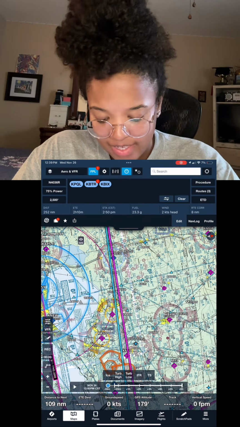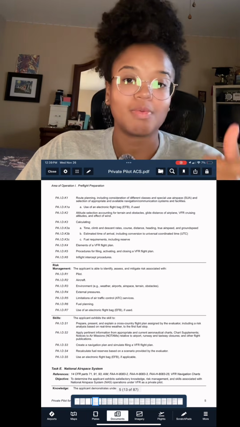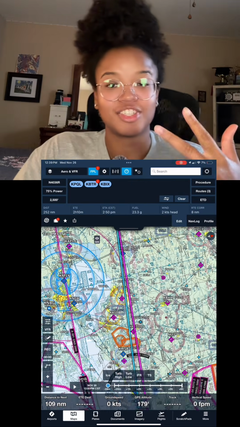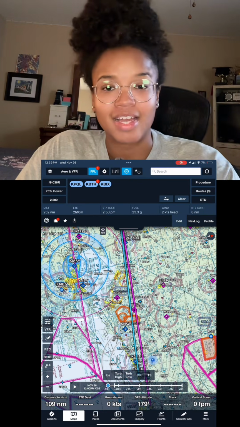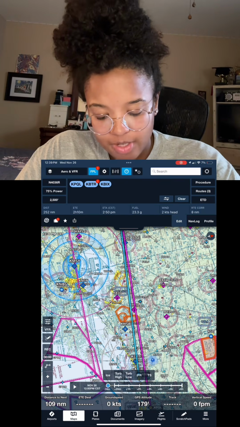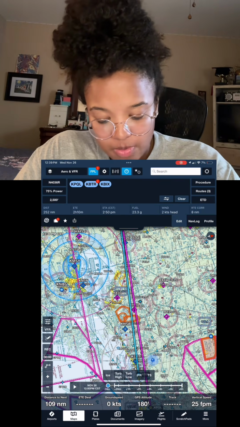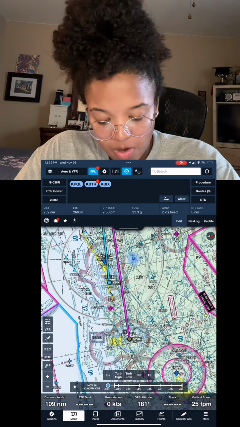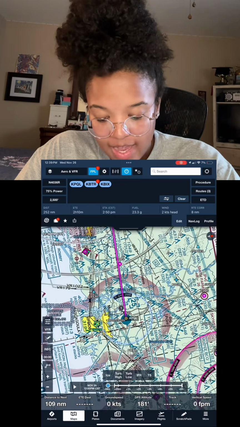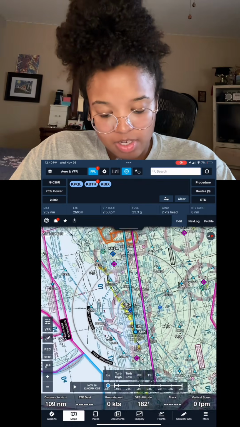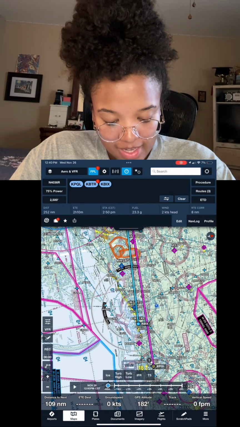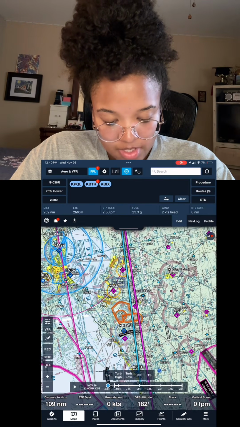And then finally, navigation. We'll probably use GPS, and we'll use pilotage and dead reckoning, obviously. But if our GPS goes down, we have to have another way to navigate, which is what we're going to use our VOR for. How we would essentially do this is find a VOR. We have a VOR over at Mobile and over at KPQL. We're going to Baton Rouge in this instance. So I'll go to Gulfport, and then once I fly it out a little bit more, I'll fly to Pickens. And then as I'm